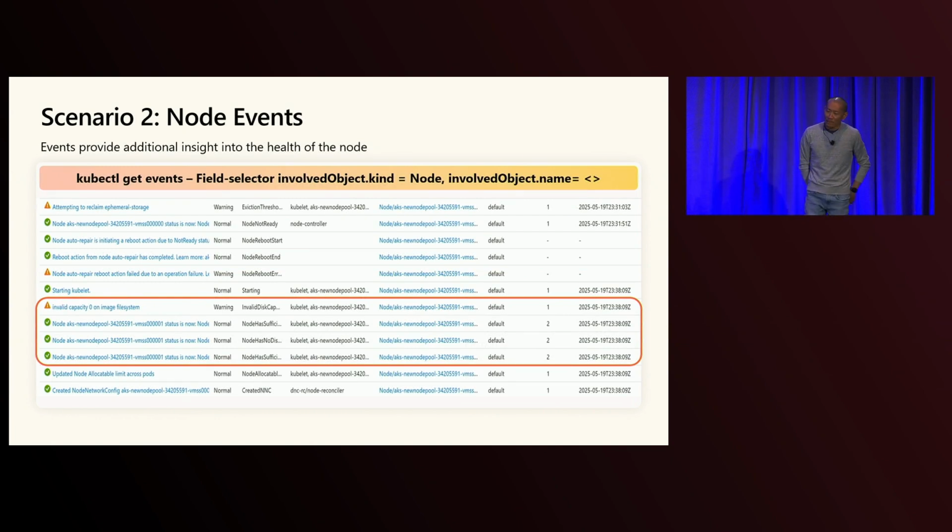Okay, so what happens if the issue that you're debugging isn't actively reproing? This is a common problem. Well, the good news is that all of the node conditions we just talked about are also emitted as Kubernetes events. And so that allows you to be able to view those events and those node condition state transitions happening on a timeline so that you can understand the sequence of events that might be leading to the problem that you're observing.